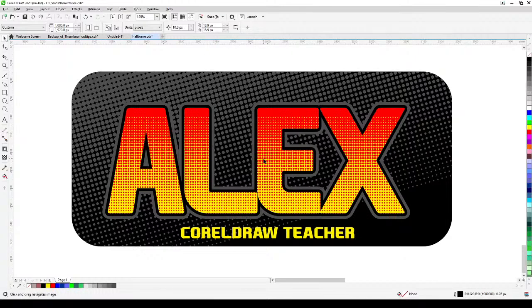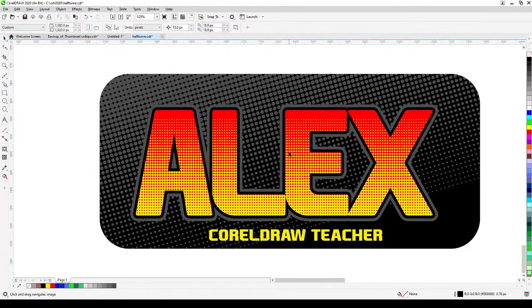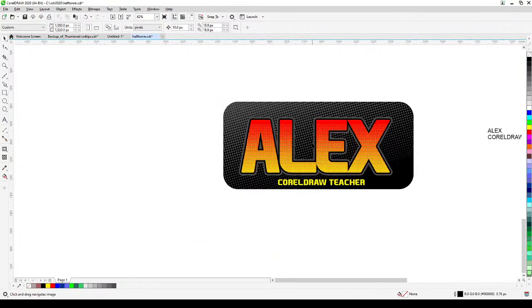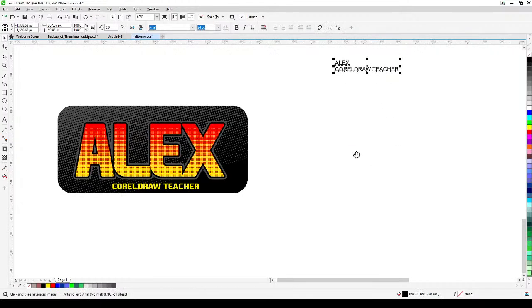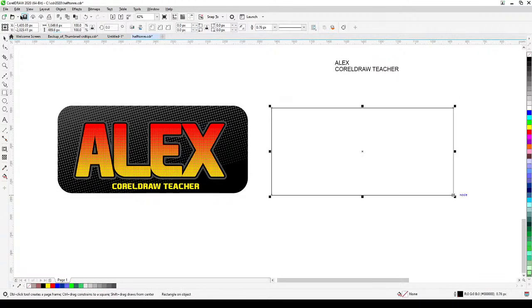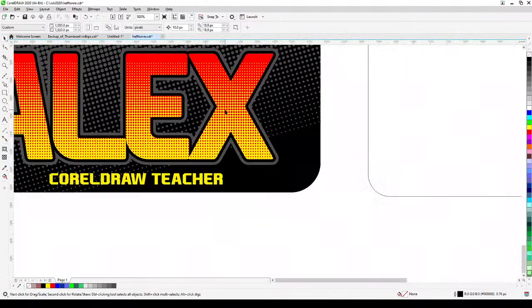So anyway, we are going to recreate this. I'm going to start by creating the rectangle. I'm going to move this over to the left side, and move this up. I'm going to create just a rectangle like this, and then I'm going to make it a rounded corner. The shortcut for that is to go to your shape tool, and then just move it like that. All right, I'm going to leave that there, and then let us create this vector